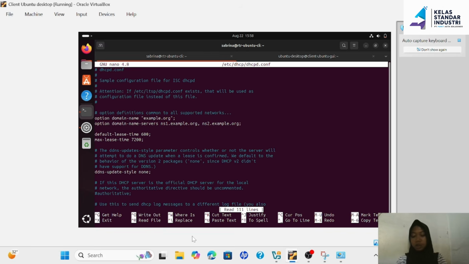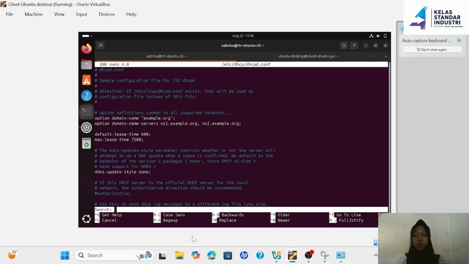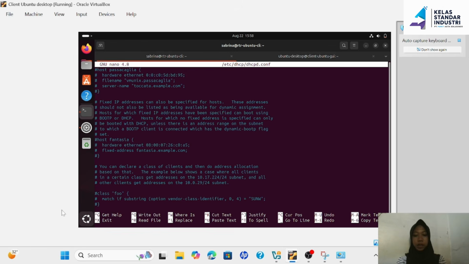Here, press Control W. Search for host fantasia. Then press enter. Here we remove the hash sign to activate the configuration. In the hardware ethernet section, we are asked to enter the MAC address of the Ubuntu client, friend.